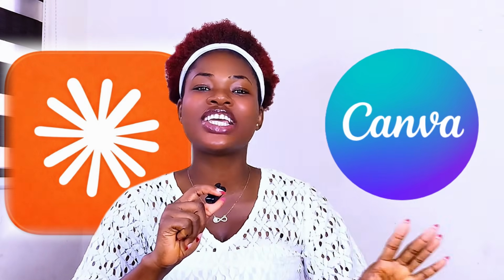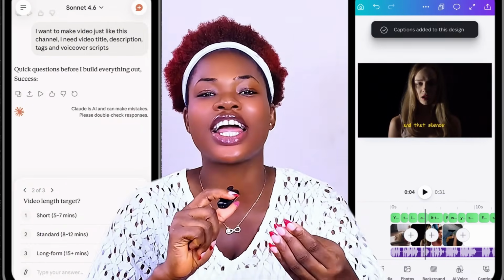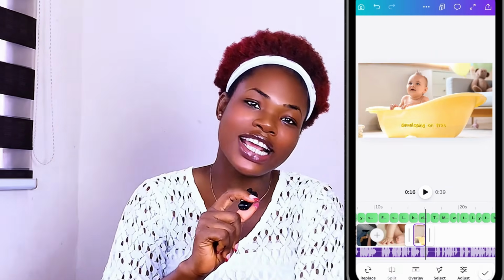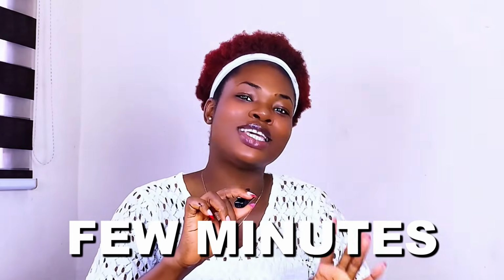And Canva just changed how faceless videos are created. If you're not using these two AI tools right now, let me show you how to do that and save yourself hours of working and creating. The videos that always take forever can now be created in just a few minutes using these two tools. Right now, without talking so much, let me show you exactly how to build a full faceless YouTube channel with